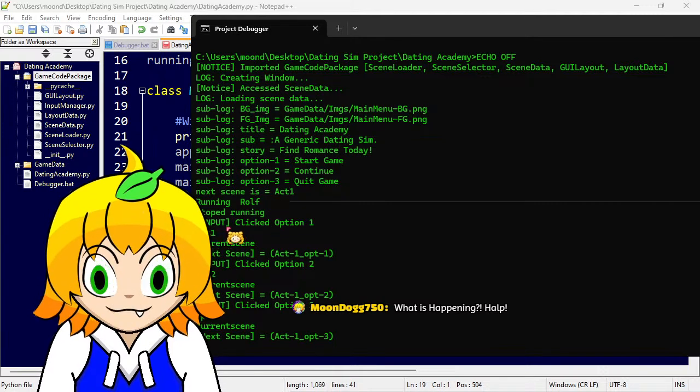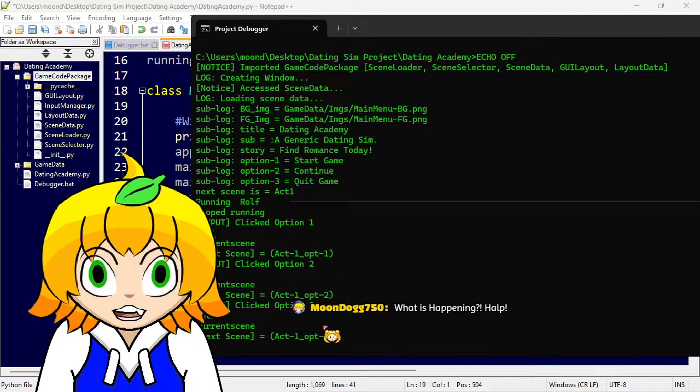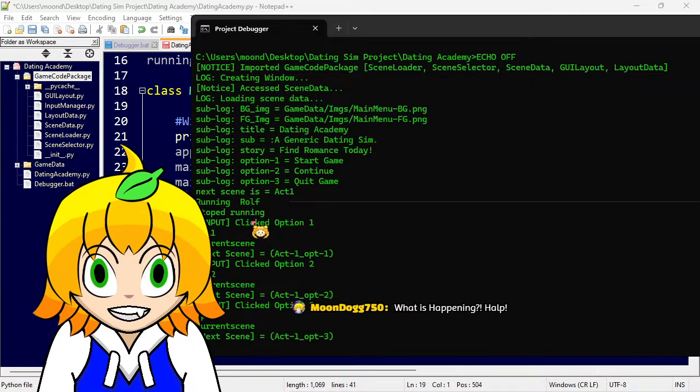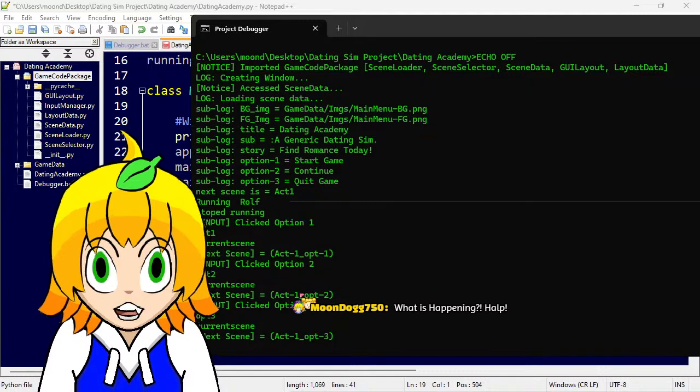As it says here, input clicked option 1, because I clicked option 1, then option 2, then option 3, in that order. It says input, clicked option 1, current scene, and so on. It's not giving me a current scene, but it did give me the option 1 input, then opt 2, then opt 3. So it's walking sort of, and it's calling next.